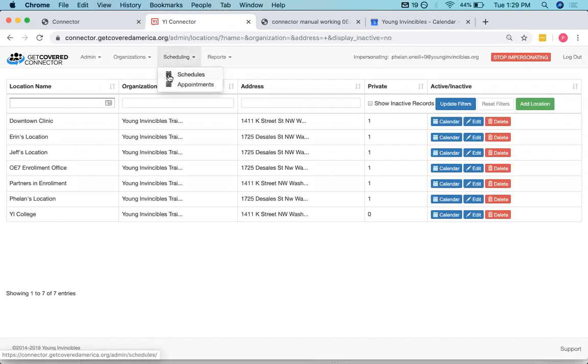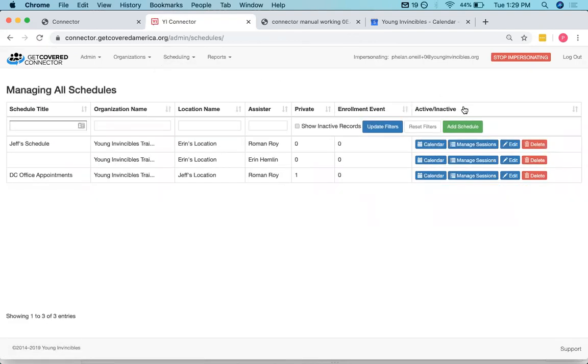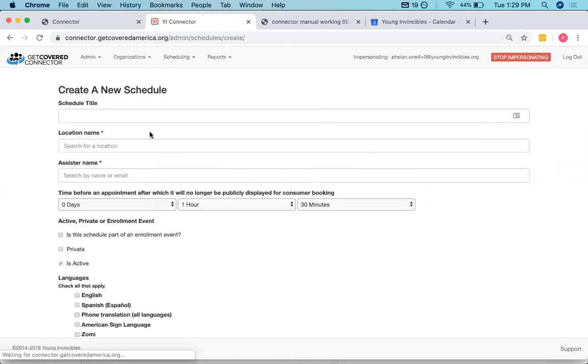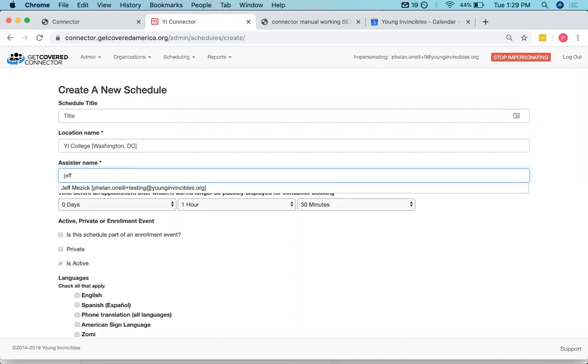So to add a schedule, you'll go here from scheduling to the schedules page. It looks like we've got a couple of schedules in here already. Let's add a new one. You can give it a title if you want. We'll call this just title. You can give it a location. We had our new YI College location. And you need to have an assister. So we'll have Jeff be our assister today. So Jeff is going to be at YI College